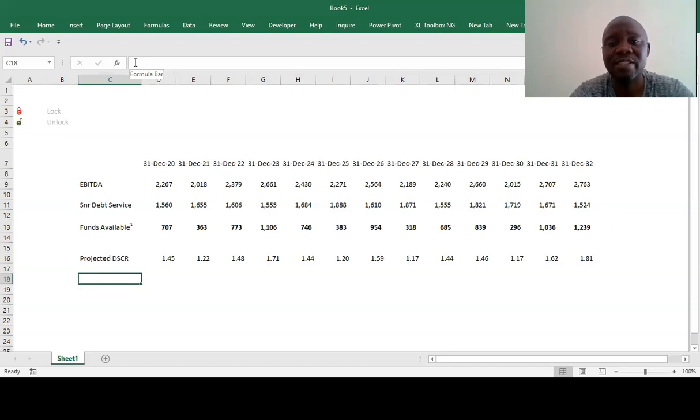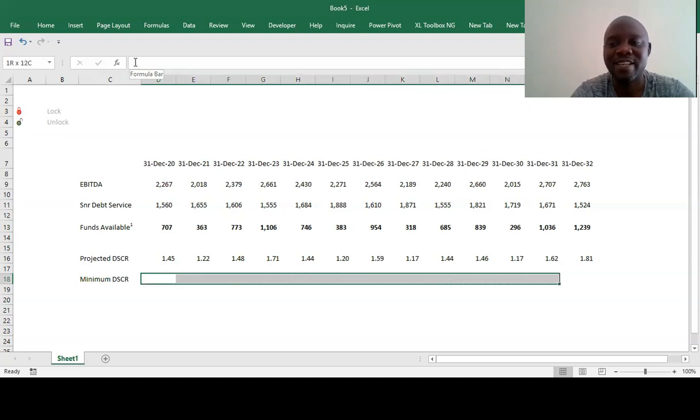So you're saying this is the projected debt service cover ratio, but then your minimum, which has been agreed in the contract, and maybe you are just signing it, you did not know the implication of what this is going to cause. This is why there's need to have financial modelers at every core of your infrastructure discussions and decisions. So say the minimum here, which you have agreed with the lender, is say 1.3.